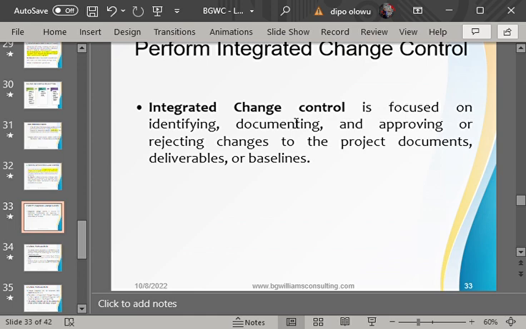Okay, now, excuse me, sir, are you trying to say that it is the project manager that will be the head of the CCB? No. The CCB, which is the Change Control Board, will be made up of different stakeholders. The project manager will be there, the customer will be there, the expert will be there, the functional managers will be there, other key stakeholders will be there. But automatically, the chairman or the head of the CCB will be the project sponsor.